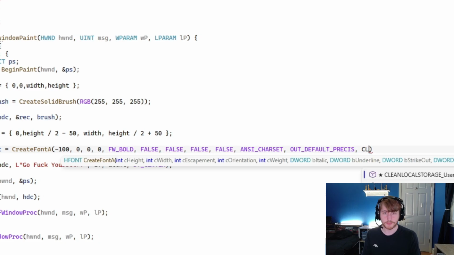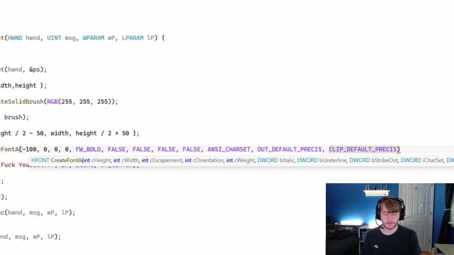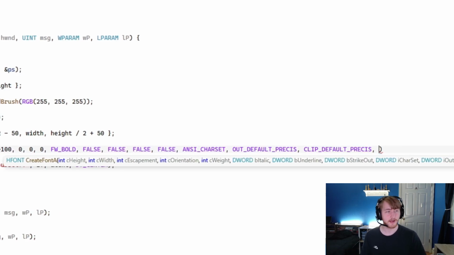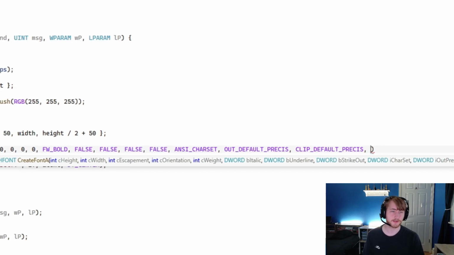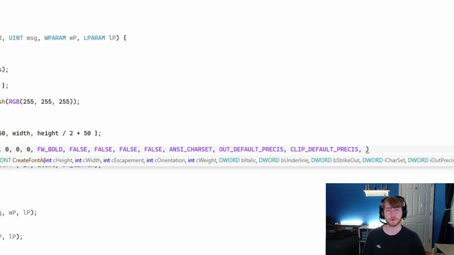The quality will be clip default precision. I was about to say as well, the previous argument was out. This is the quality of the words that are being drawn onto it. I don't 100% remember what all of the precisions do, but default's nice enough. The pitch and family, we're going to do anti-aliased, so it looks smoother. And the face name, which